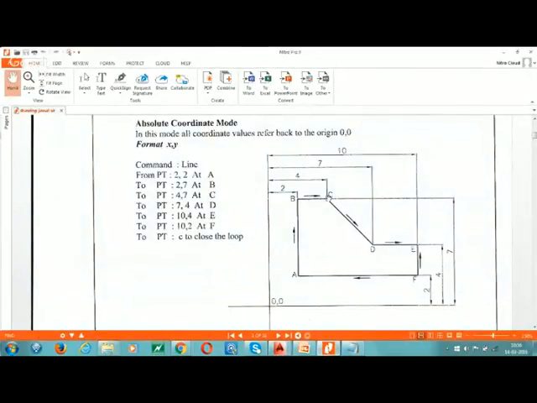Now the third point C is in y direction we are same at 7, and in x direction we are going to 2 further. Then from absolute its distance is 4, and in y direction its distance is 7.